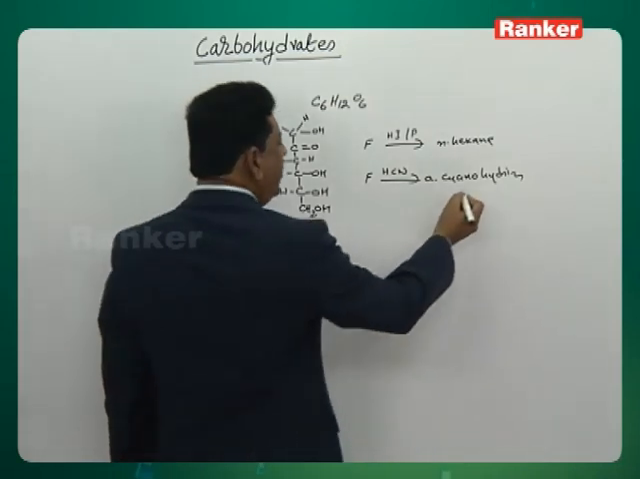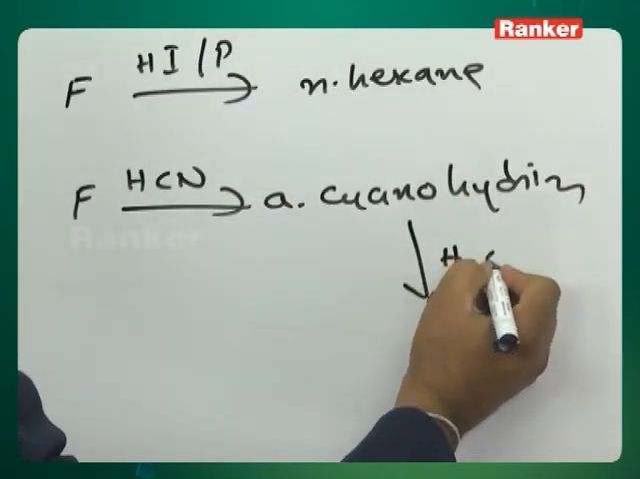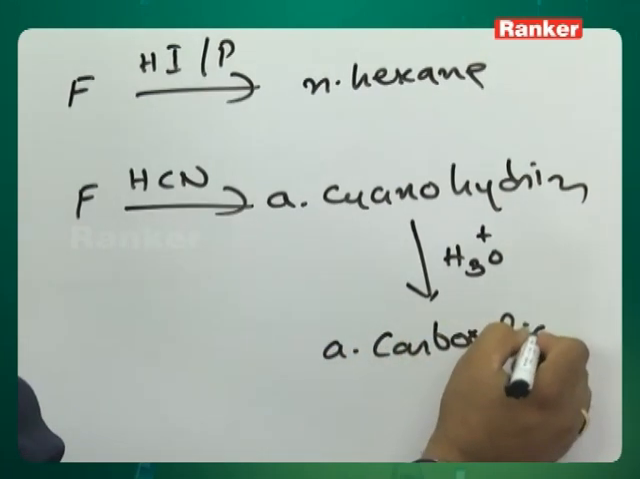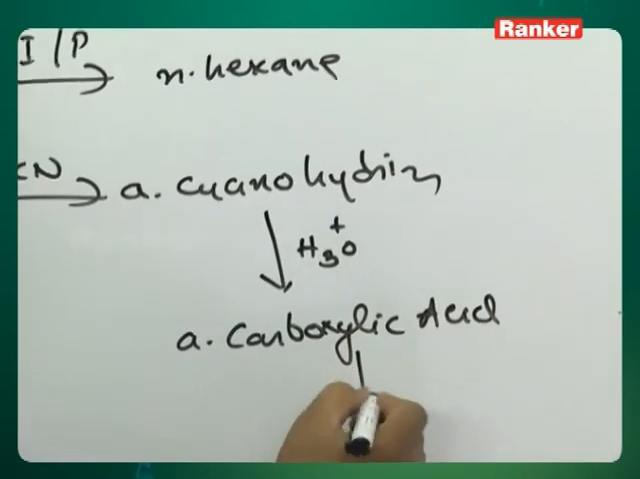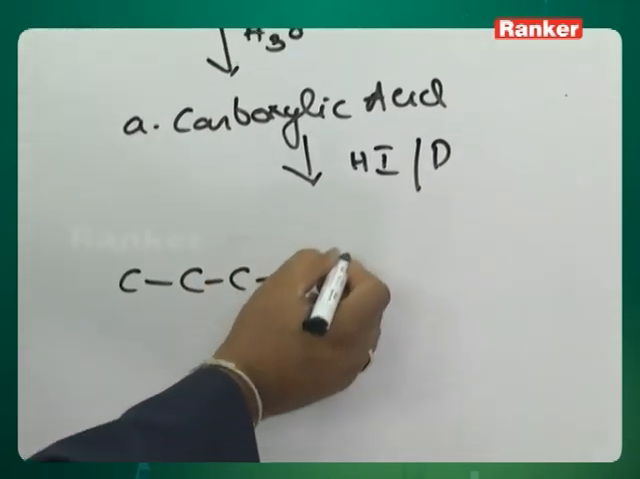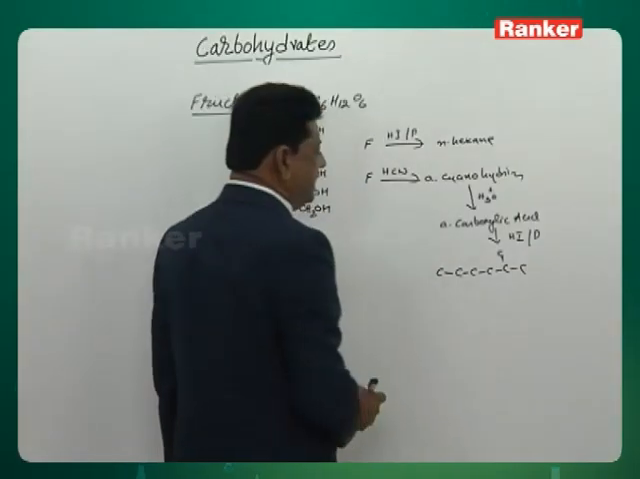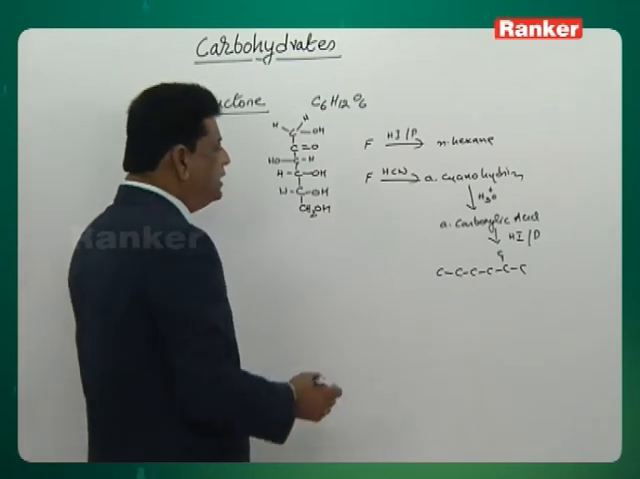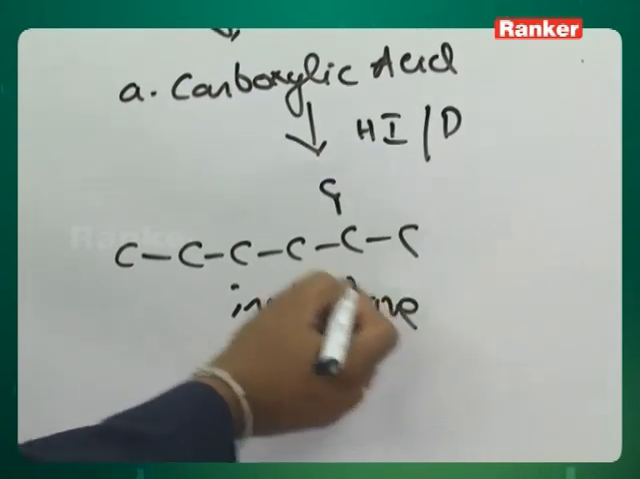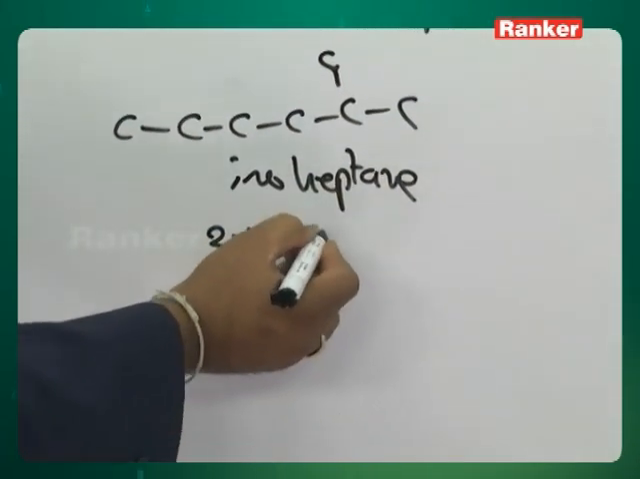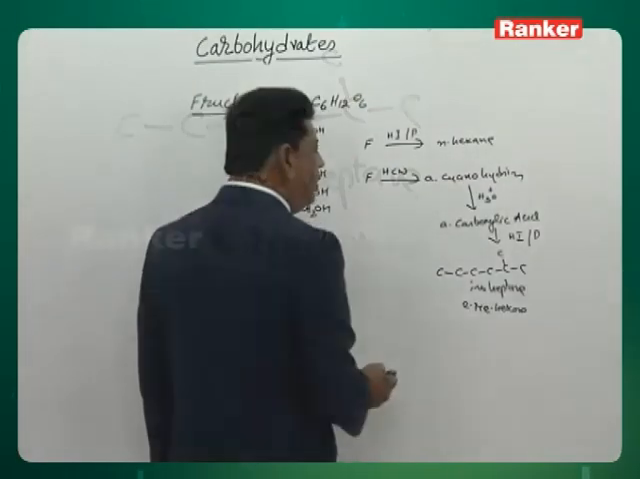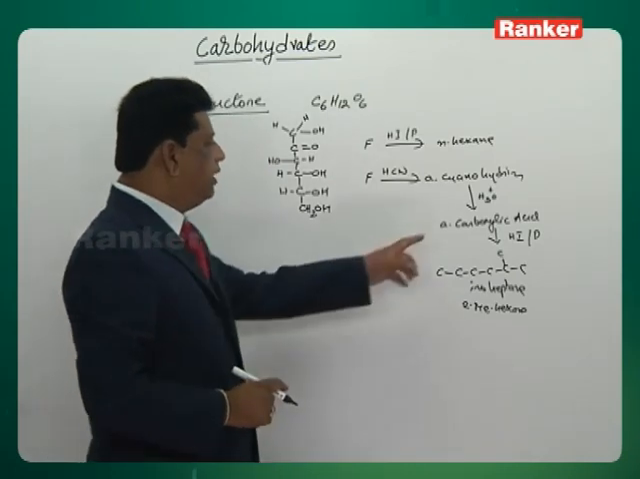Therefore, you hydrolyze the cyanohydrin and you will get a carboxylic acid. When this carboxylic acid is treated with HI and phosphorus, you will get an n-hexane containing a methyl group on the second carbon. This is called isoheptane, or 2-methylhexane. This clearly shows that the methyl group is on the second carbon only,